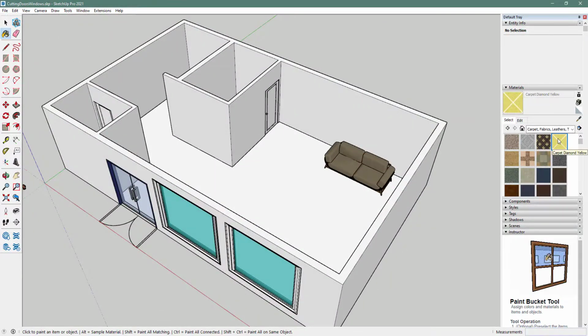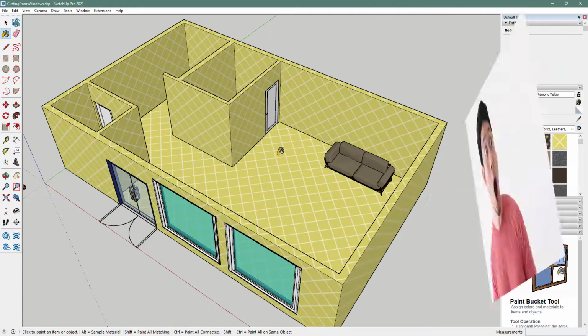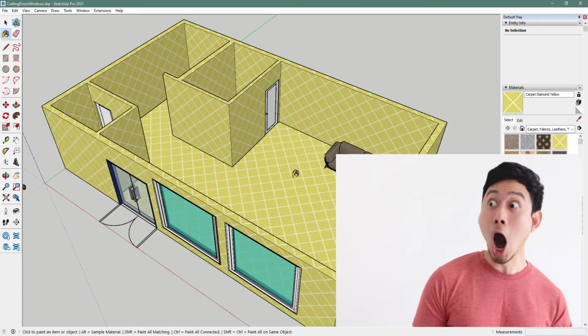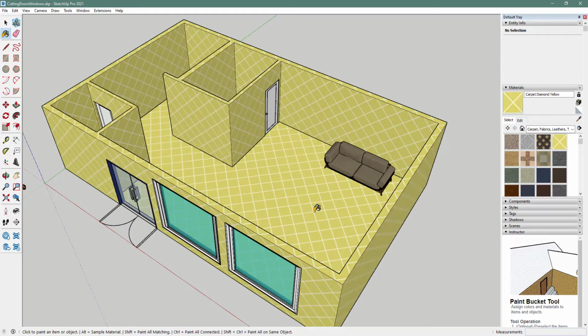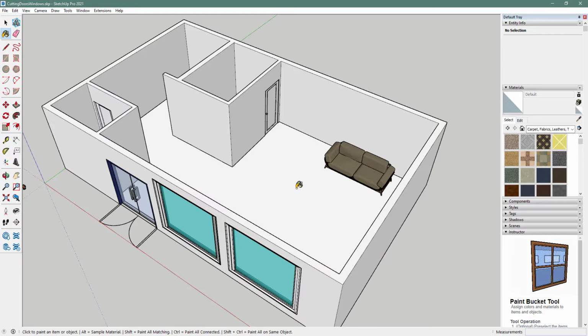Well, once you click on a material, you'll notice that your cursor becomes a paint bucket, and that indicates that you're ready to go ahead and click on the surface that you want to add carpet to. Oh, that's some carpet installed. It put it on every surface. What the heck happened? I'm going to Control Z,